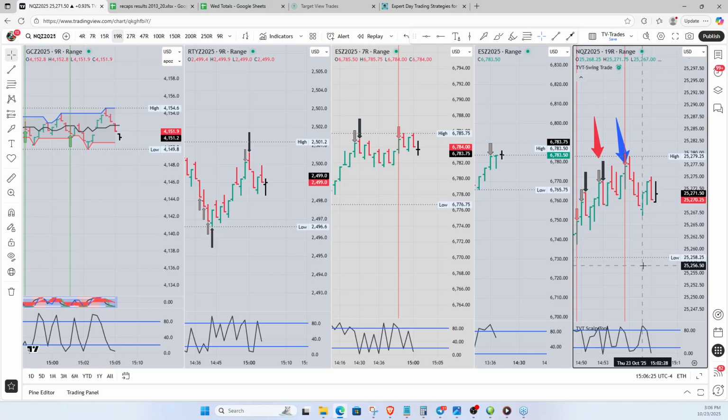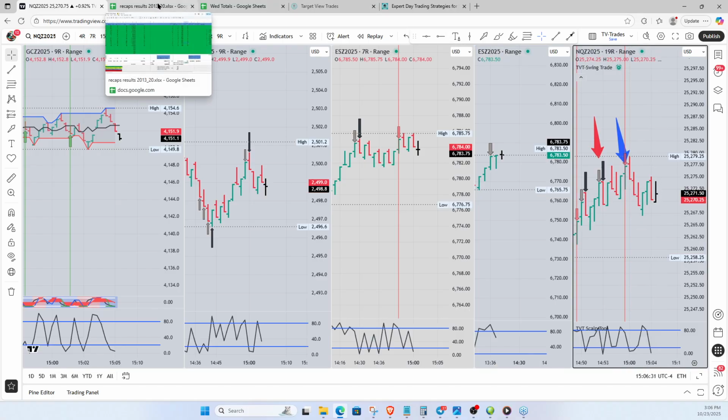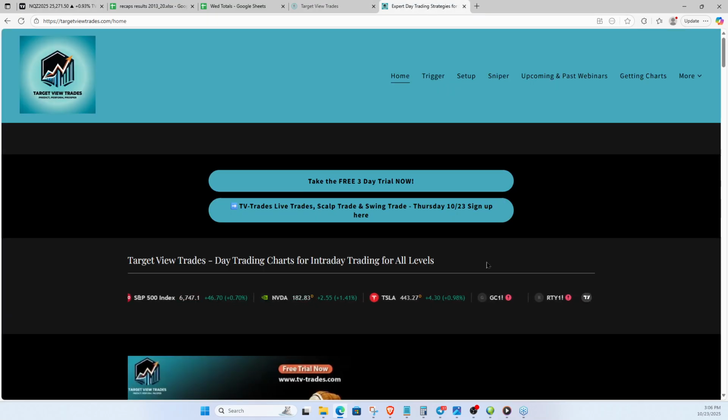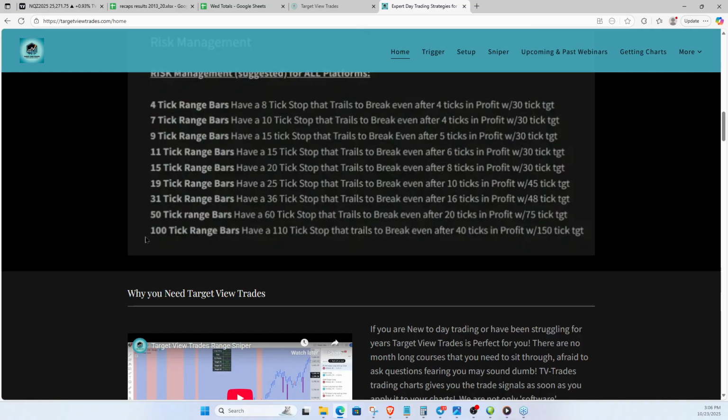Are my tools used for both scalp and swing trades? The risk management, yeah, well, the risk management only goes up to 100 ticks. Mark, if you look over here, I only go up to 100 ticks with the risk management.